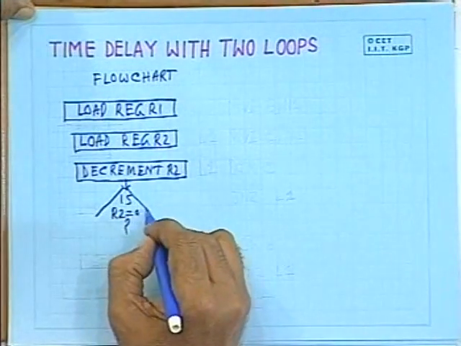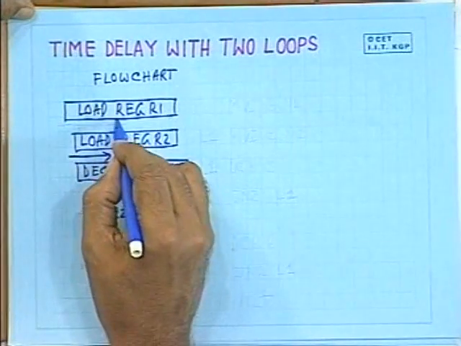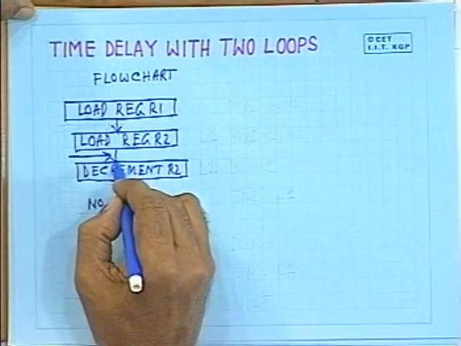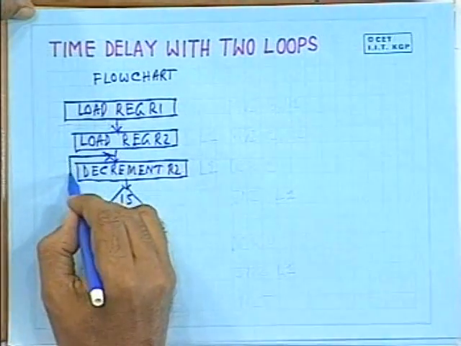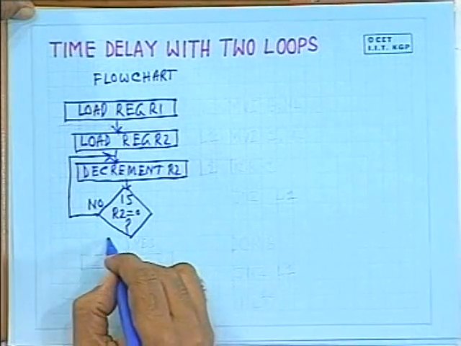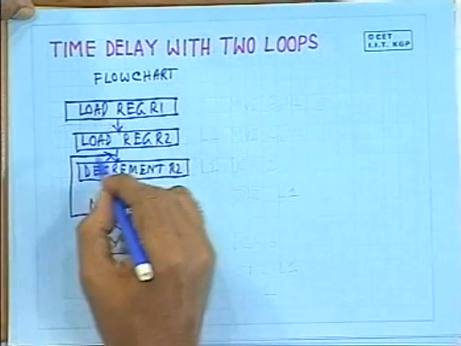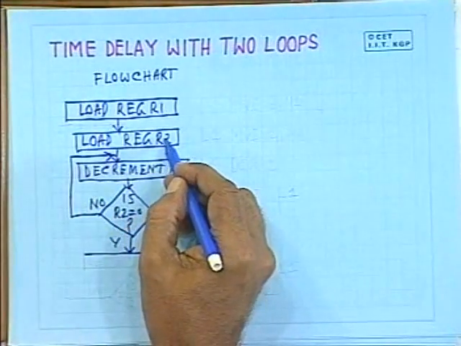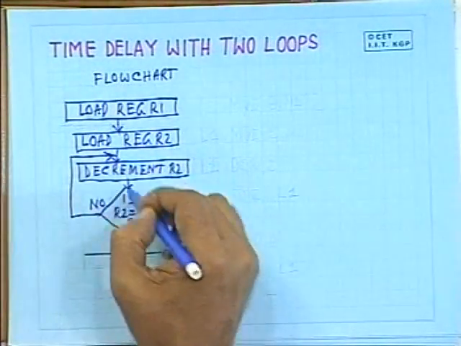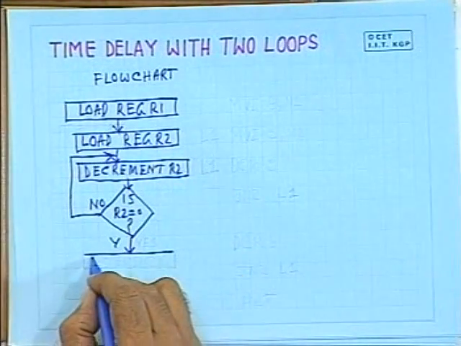If the answer is no, you go back to this point, and if the answer is yes, you come out of the loop. You see, until this register value R2 becomes 0, it keeps on looping. This is one loop. Then you come out of this and then you decrement